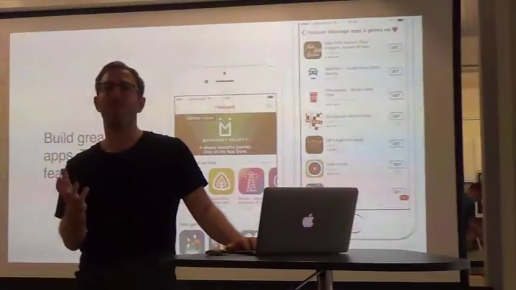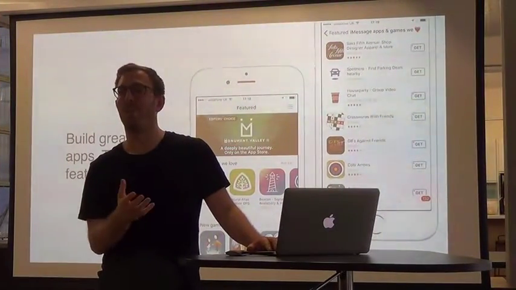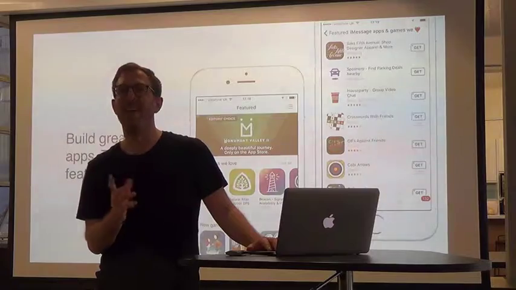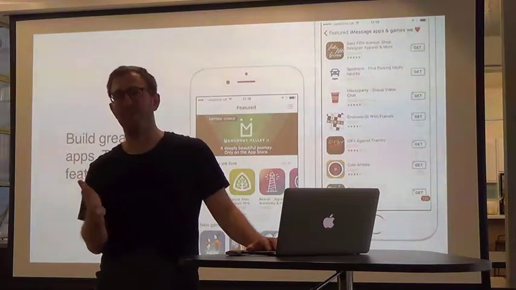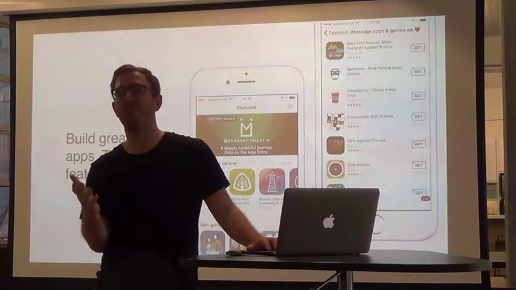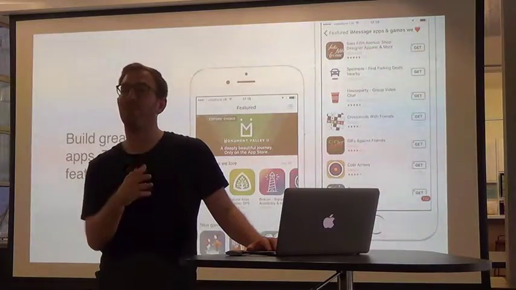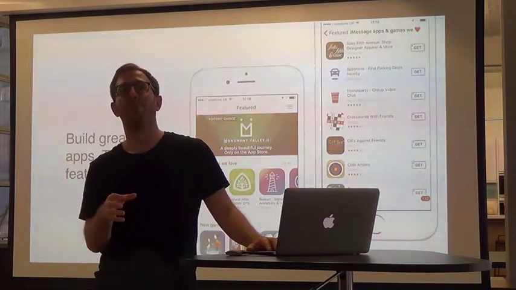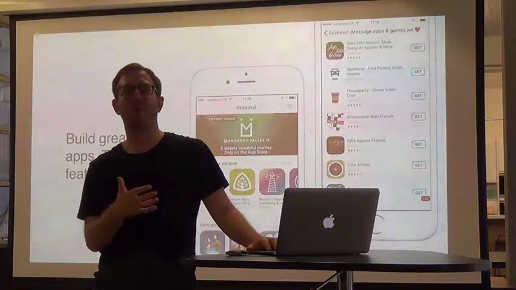There's a diminishing return to getting featured, because you have a whole set of early adopters that will download a lot of new apps the first time. And then if you're featured the second or third time, that declines because they've already seen it. But if you build great apps, you will be rewarded. There's a limited amount of great apps within the App Store, and Apple notices if you build something.